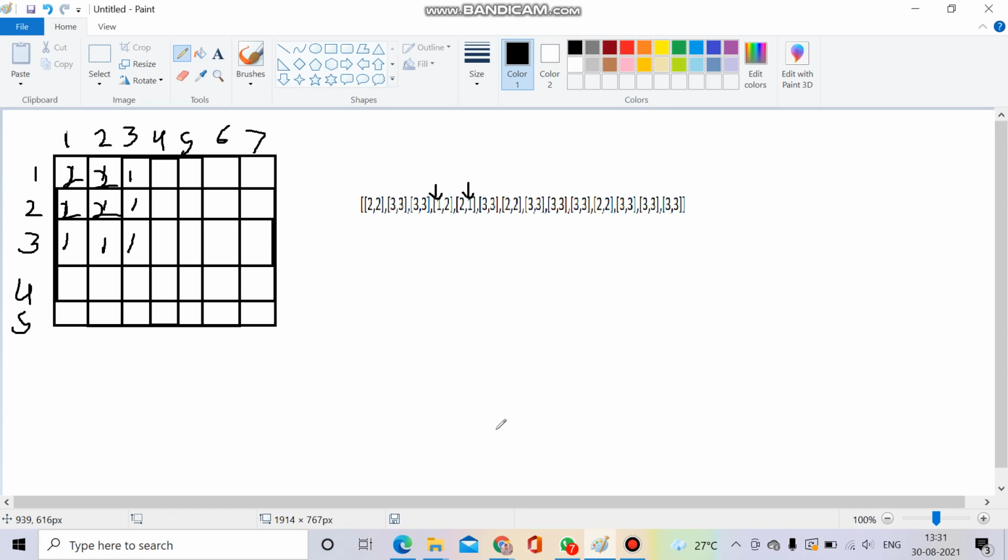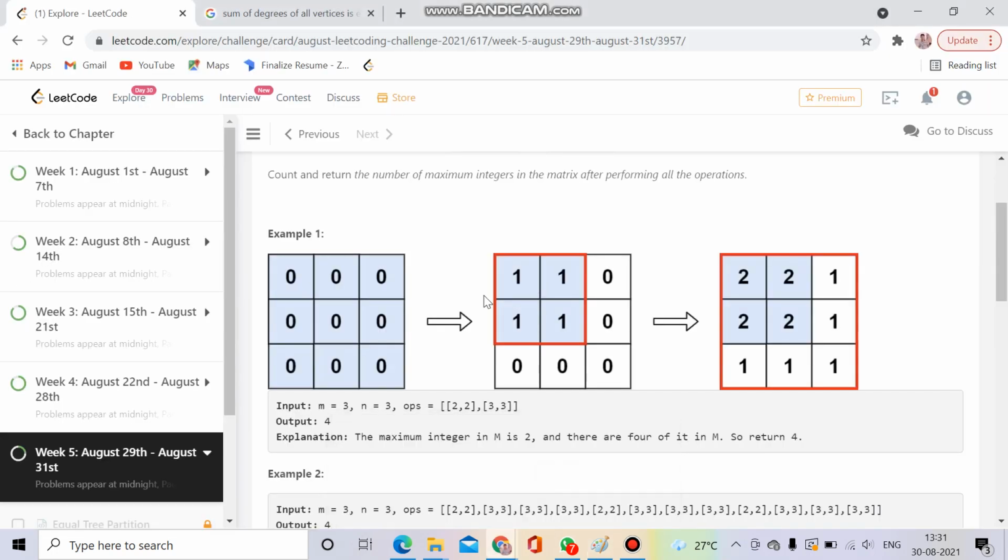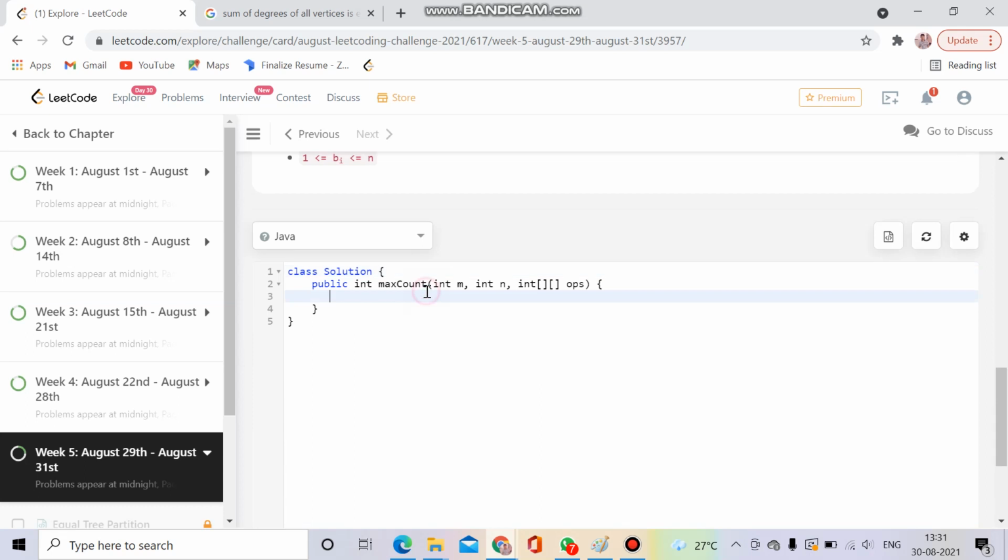So I think now let's switch to the code section. First of all, we have to initialize our minimum row by m, and int minimum column by n.